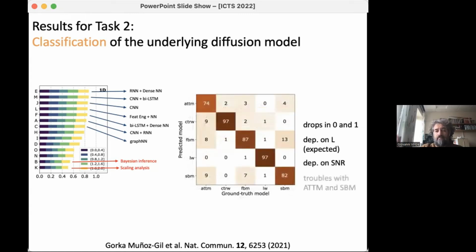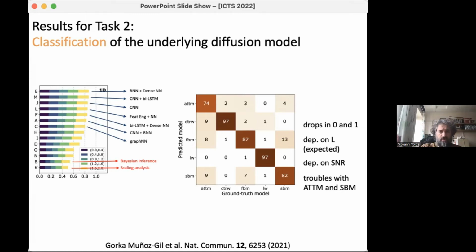And finally, we see also in this case that we have troubles with the ATTM, annealed transient time motion, and SBM, scaled Brownian motion. Again, for the same reasons as before, probably because these two models are somehow, the annealed transient time motion can converge in some limit to something that is really indistinguishable from a Brownian motion, and same thing for